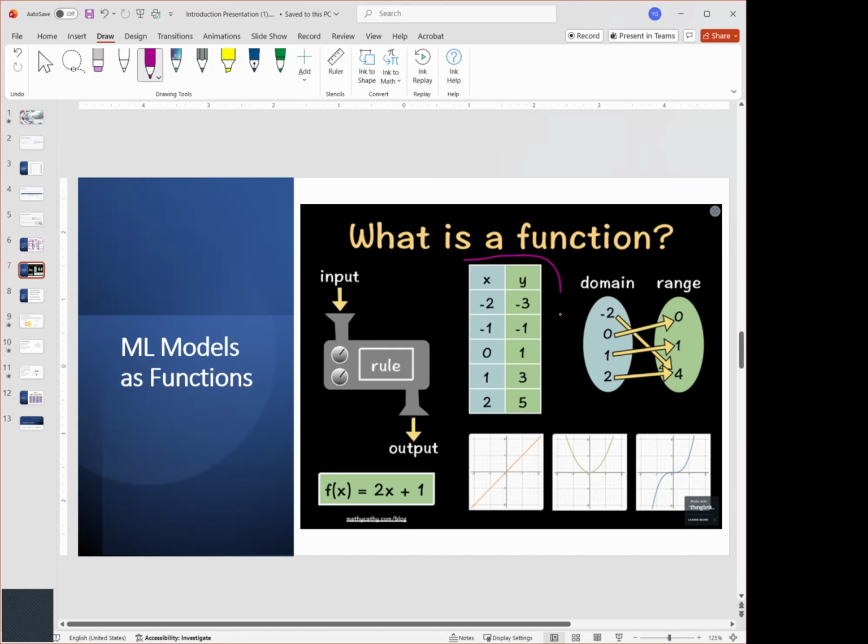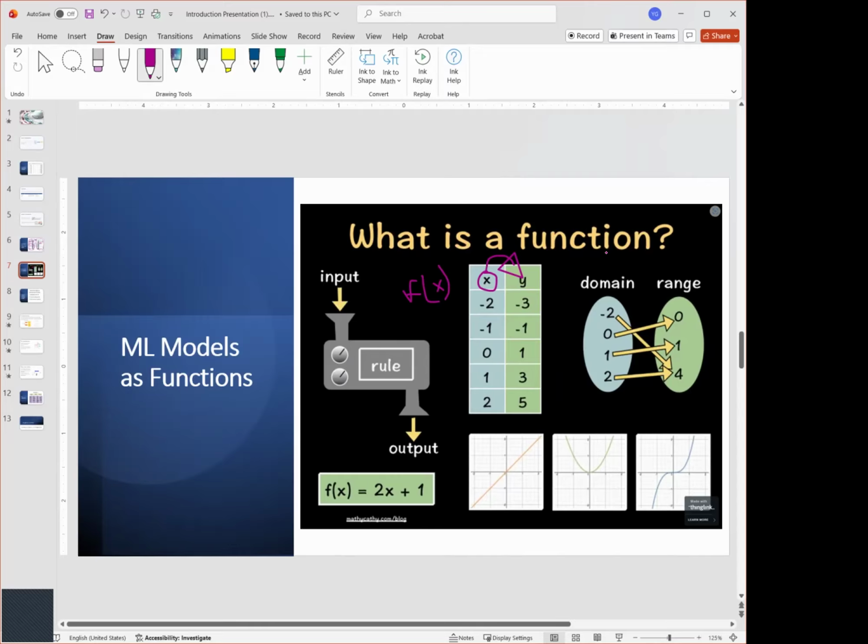We have a data set here, and it's a very simple data set. In this data set, we only have one input or one feature, to make it easy, and we have one output. So this is a very basic data set. We don't know the function that converts this X into Y.